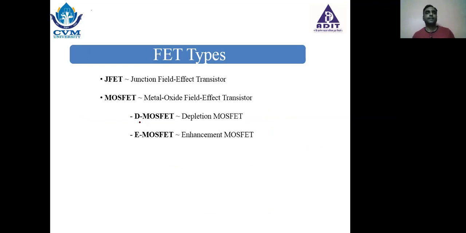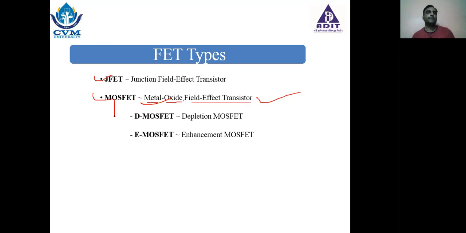Now, types of the FET. Junction field effect transistor and MOSFET, these are the two main types. FETs can be classified into JFET and MOSFET: junction field effect transistor and metal oxide field effect transistor. In the metal oxide field effect transistor, there will be metal, then an oxide layer, and then the FET. It has the special advantage of high input impedance, and other good advantages compared to the JFET. Metal oxide field effect transistors are used right now for fabrication in chips.